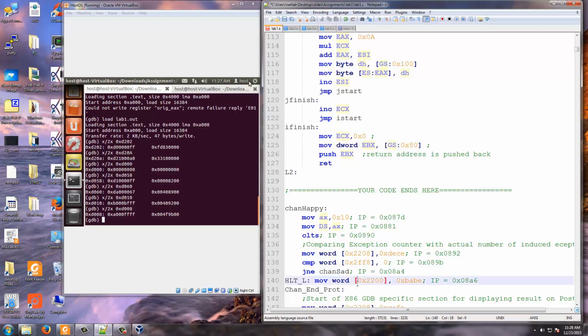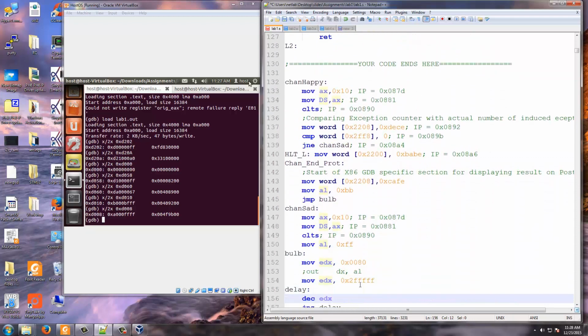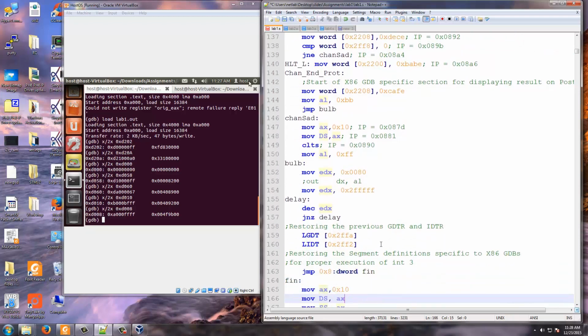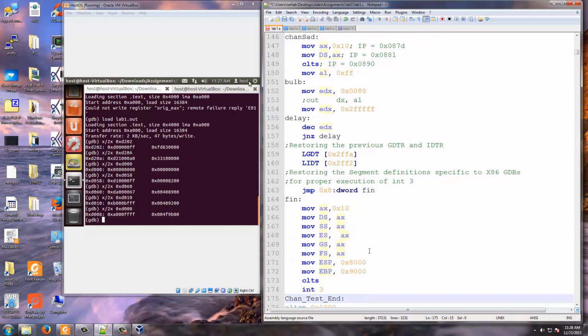It's a segment starting at 0xB1000 and of size 0xBFFF. Then it loads the stored values. Please note that we have stored at 0xDFFA the previous GDT and LDT, IDT entries. It loads them back and does a jump 0x8 colon fin. It comes here.